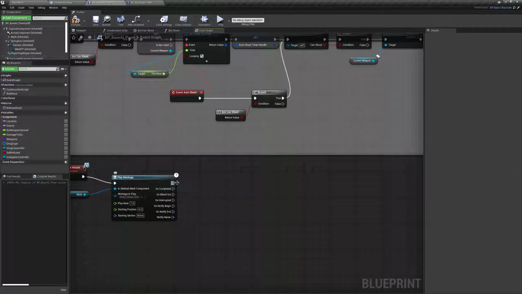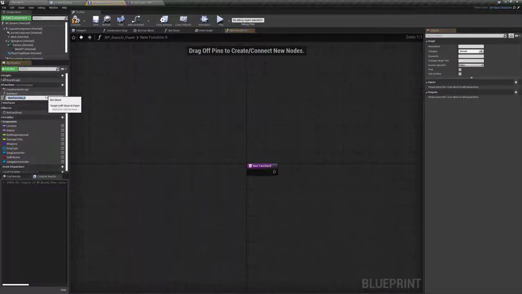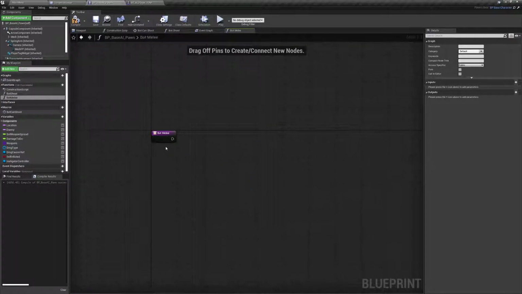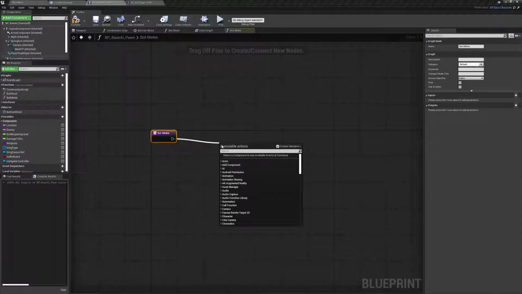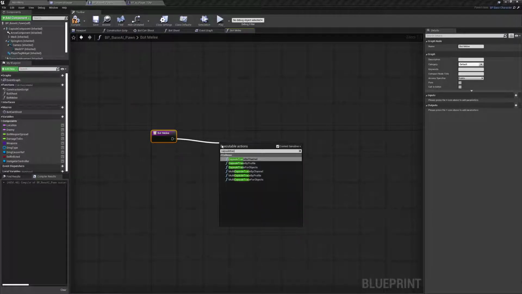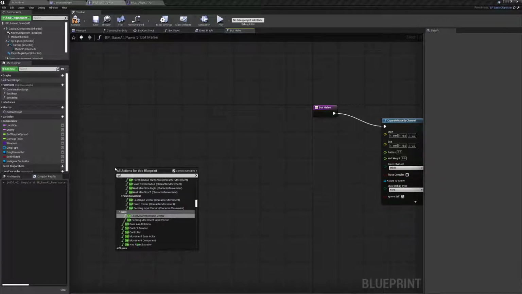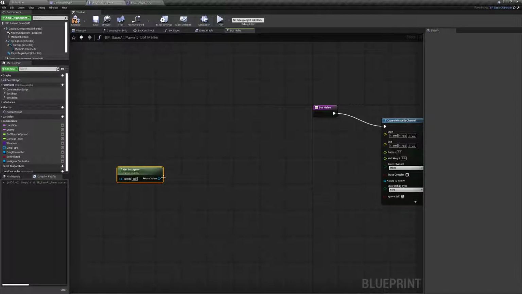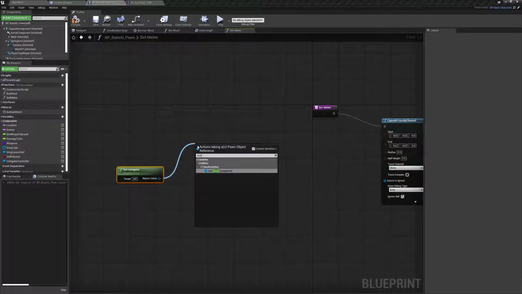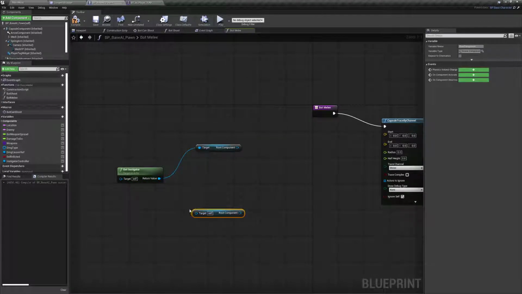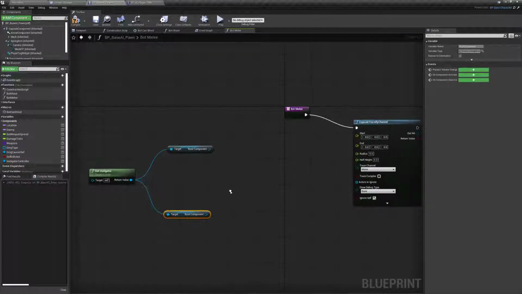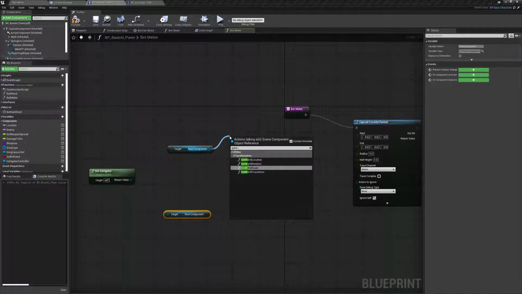And then from here we need to execute a function. So the function, we're going to add a bot melee function. And here I am doing a capsule trace by channel. And our trace channel is going to be melee. And then I will get the instigator and grab the root component and duplicate that. From the top, we're going to get world location